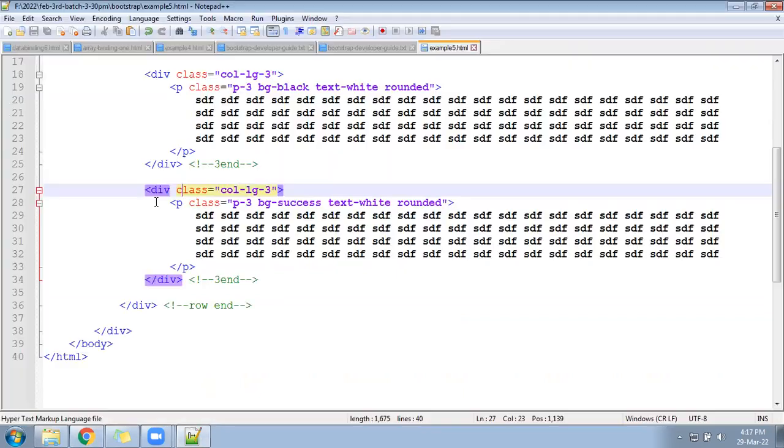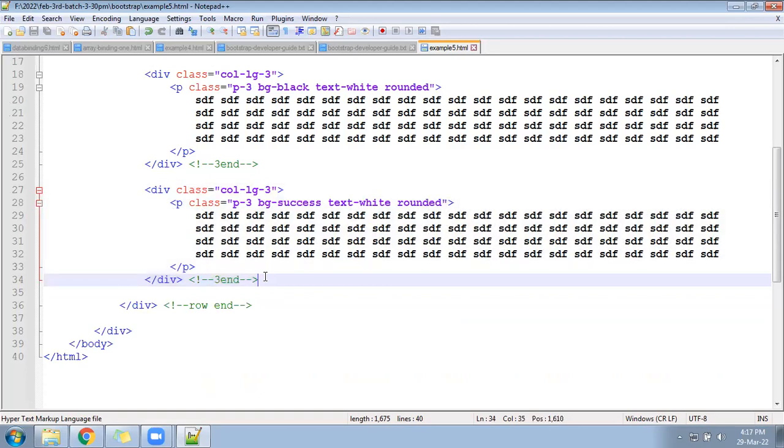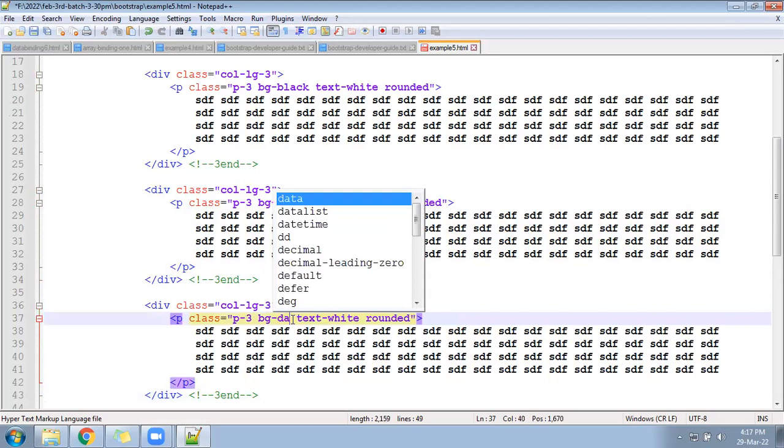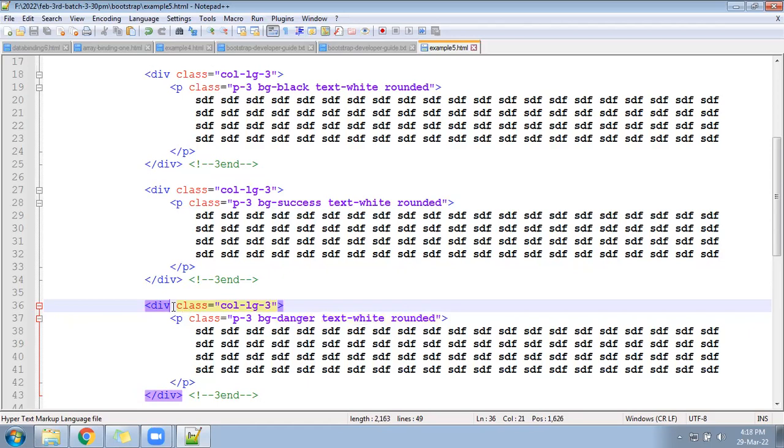Add one more. Call LG3, BG danger. So background will be red color. Check now. This is called color combination.